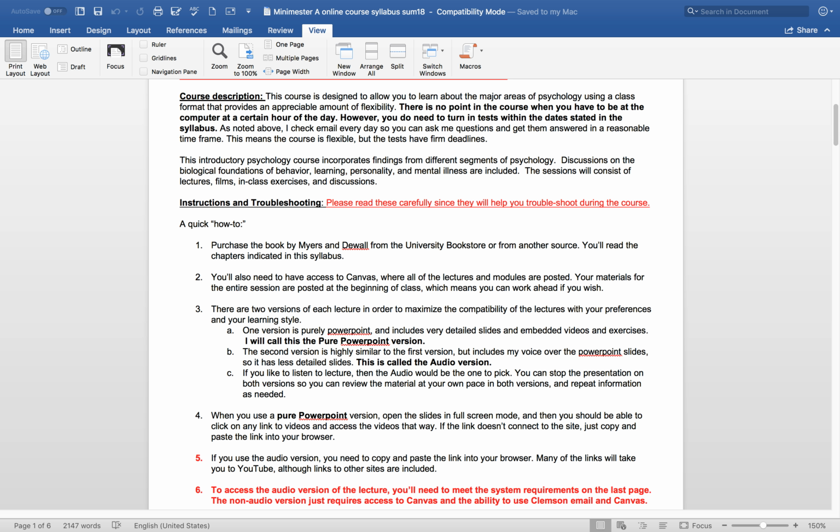In terms of the course, this is asynchronous, which just means that there's no point in the course where you have to be at your computer at a certain time of the day. In fact, even for the exams, I'll give you at least 2 days for open note, open book, but there is a firm deadline on the test, and you do need to get the test turned in within the deadline, but I give you a generous amount of time to complete the test. One of the reasons I offer this online is I realize lots of you may be teaching or may have busy lives, and so hopefully the flexibility in the course will help you enjoy psychology without the constraints of class time.